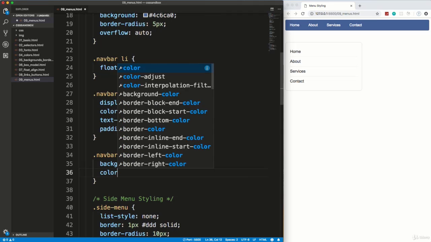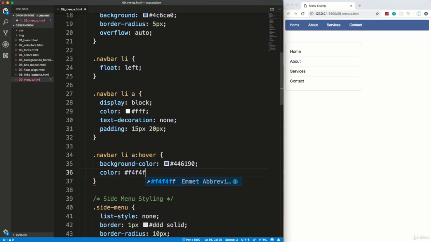We can also change the color of the text. We'll just do like a light gray, slight change. So now if we go up and we hover, you'll see that it changes the background and it takes up the whole area